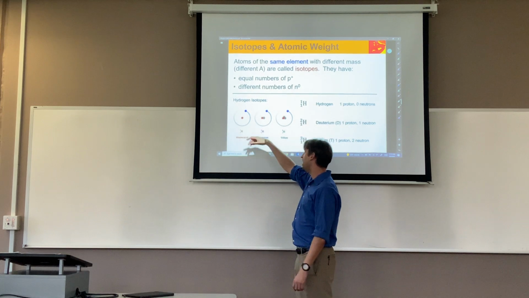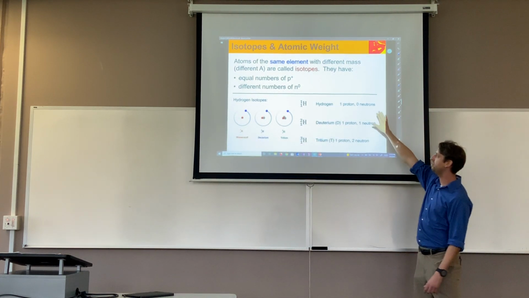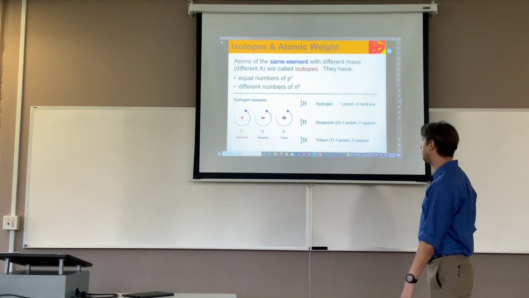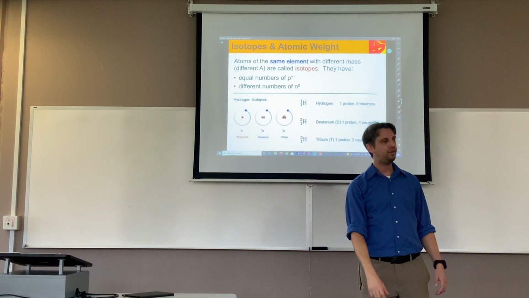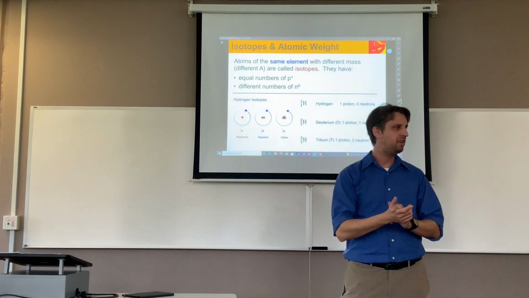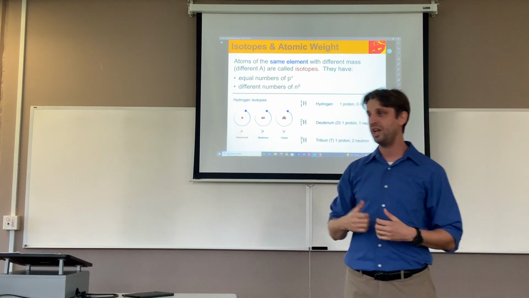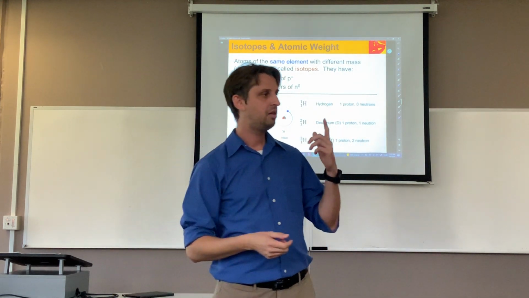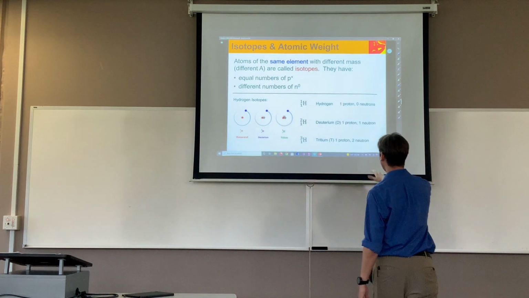So here are the 3 isotopes for hydrogen. Predominantly, we end up using hydrogen. That's what we drink if we have a glass of water. Although there is some deuterium that exists naturally too. If you have ever heard of heavy water, has anybody heard that before? It's something that's used in nuclear plants. We also use it in the organic chemistry lab. Deuterium is hydrogen with an additional neutron, so 1 proton, 1 neutron.